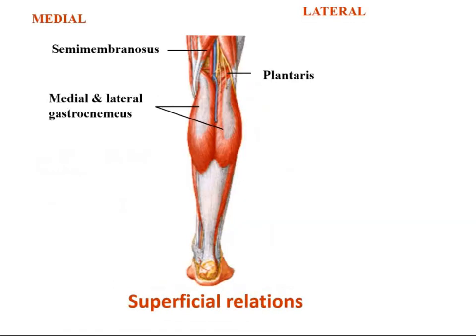अच्छा सॉरी इसी पे lateral भी बता देती हूँ. In the lateral part it is biceps femoris, tibial nerve, common peroneal nerve, and then the lateral condyle of femur, and in the distal part it would be your plantaris muscle and the lateral head of gastrocnemius, क्योंकि obliquely जा रहा है ये, ठीक है.